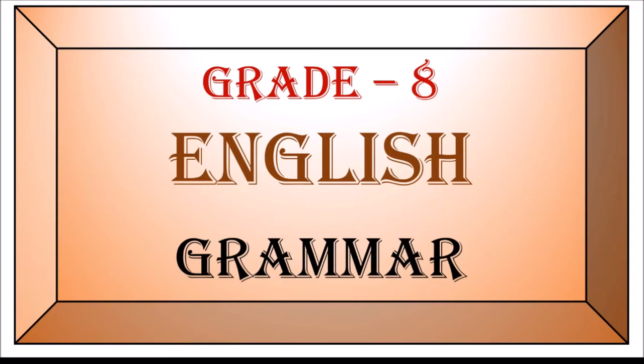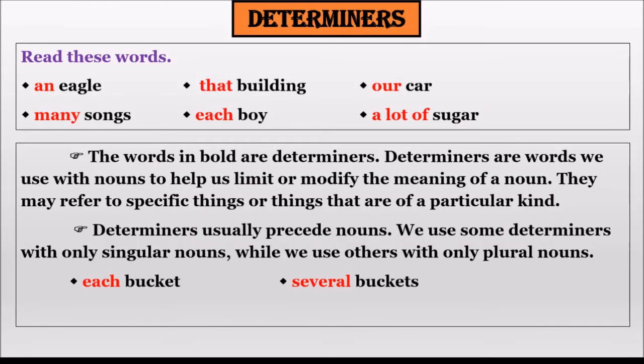And today we are going to discuss grammar from the ACE book. I hope you all remember in the last session we discussed only half of the lesson in ACE grammar chapter 1, determiners, right? And the remaining half is pending. So let us complete that today. In the first session, we discussed the determiners. So let us have a quick look at what we learned in the last session.